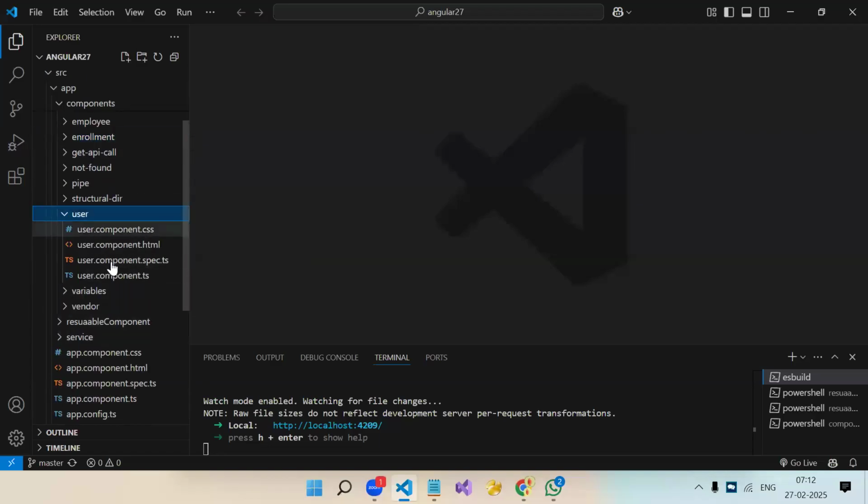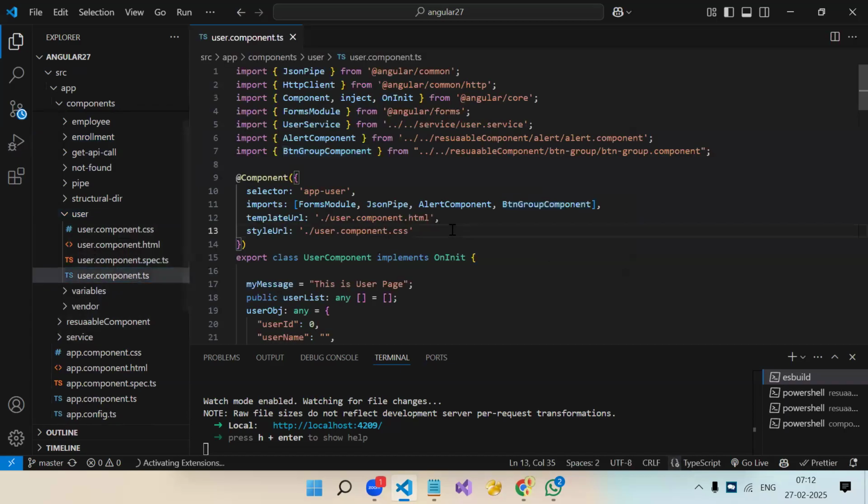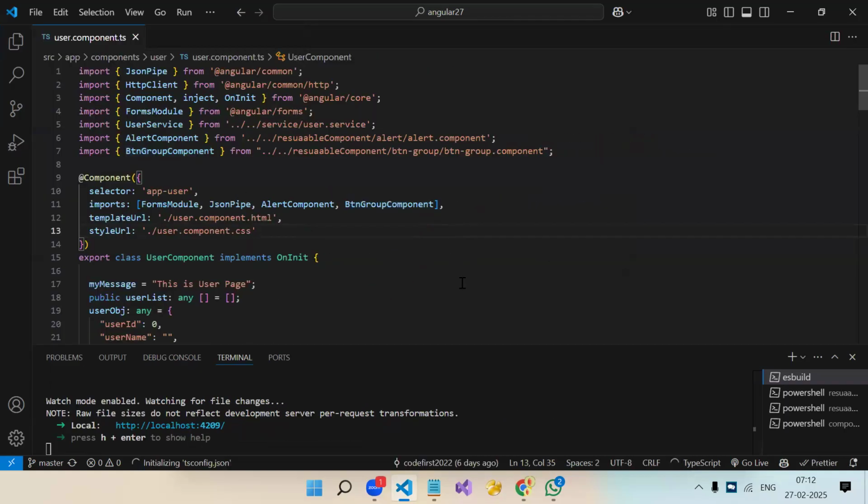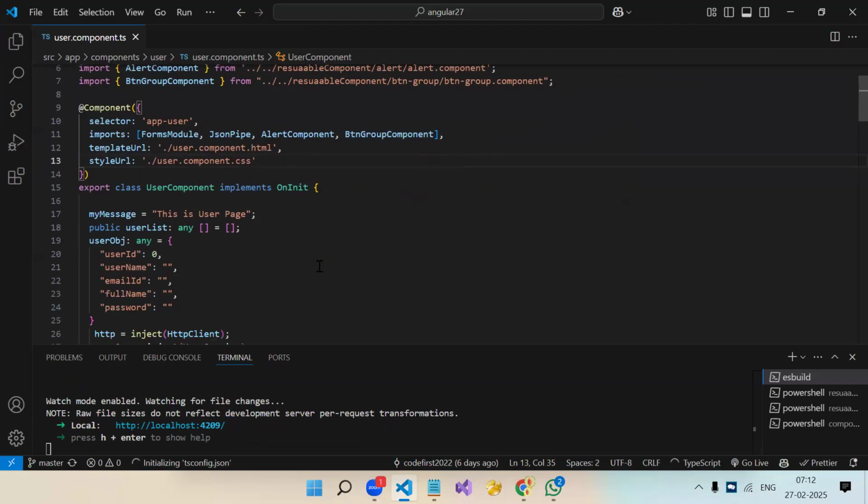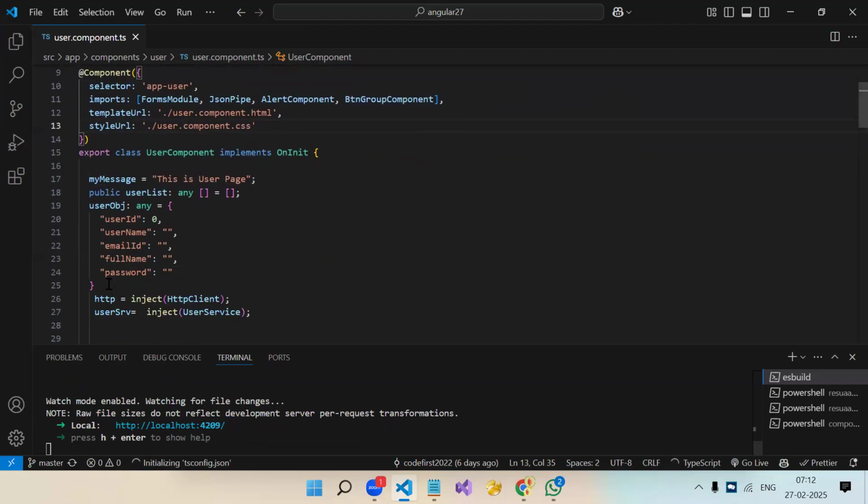Again, I'm going to our CRUD component, user component, where we have done the CRUD application by using reactive form. Now, when we created this object, here we said any. So when we use any, I said like when we have to use any, what's the scenario? If we don't know about the declaration, like integer or object,